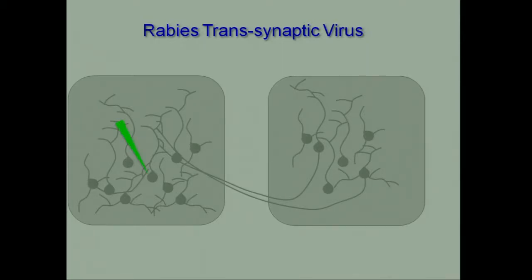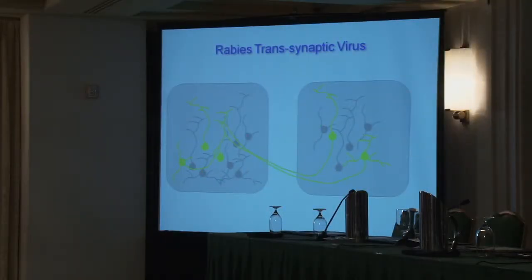So the technique that was used was to inject a virus, as shown here in green, into the granule cell layer of the bulb. And that's taken up by the local neurons. But the virus, it's a rabies virus, which actually is able to jump transsynaptically to axons that are projecting into the bulb. And those then project back to some other area. And these viruses were actually engineered so that they don't jump again. It's by changing the coat so that they can't get past that. After the first one, they can't get past the second one. So now you wait a week, and now you can slice the brain up, and you can reconstruct every single neuron that projected to that point where you injected the dye.